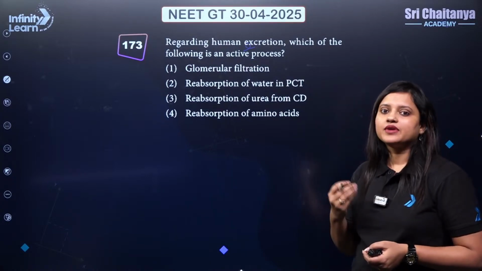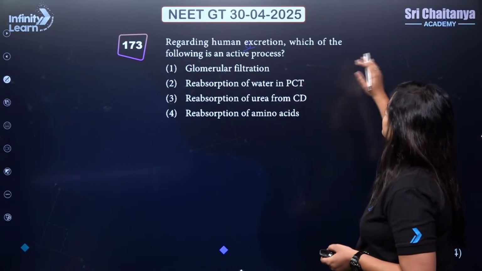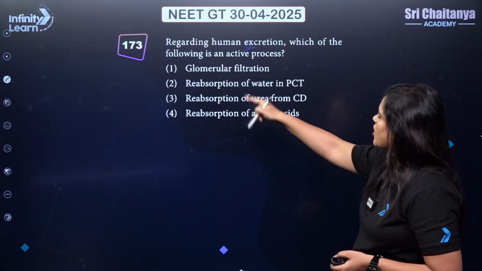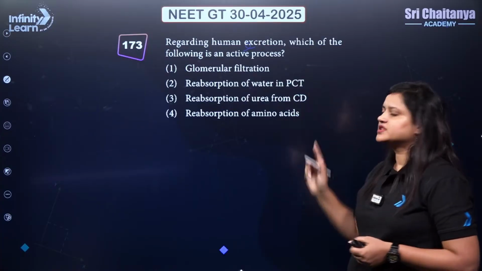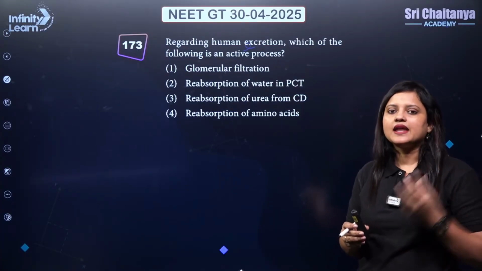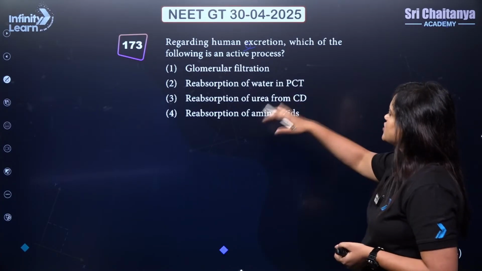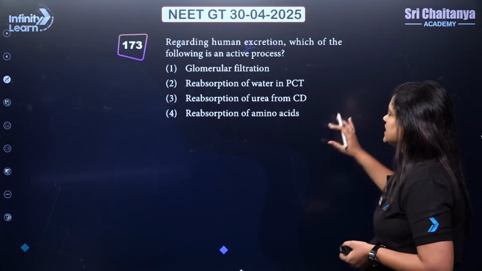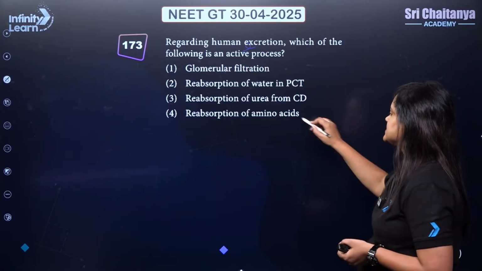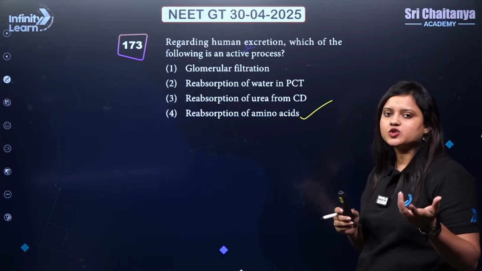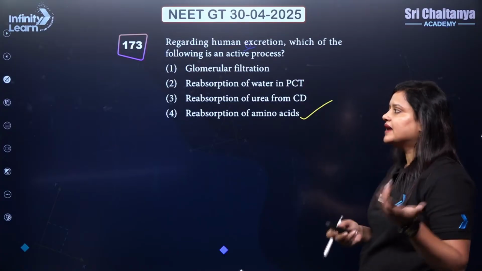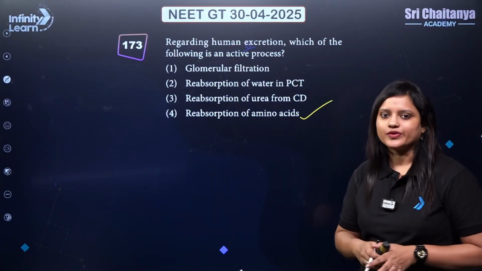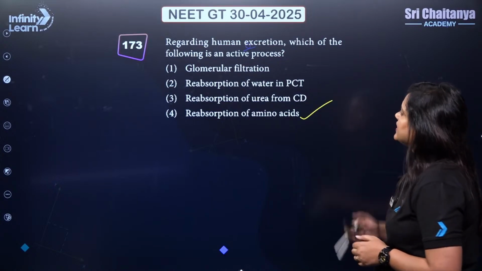Now let's see regarding human excretion, which of the following is an active process? Okay. Glomerular filtration, see active process means which require energy or ATP. Reabsorption of water in PCT, reabsorption of urea from collecting duct, but reabsorption of amino acids. So active process will be reabsorption of amino acids and glucose as well. So correct answer will be 4, right? Next,